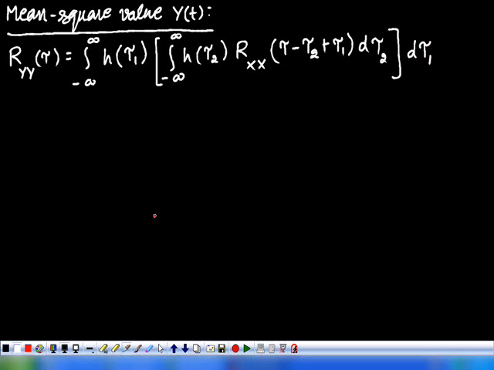So this is the autocorrelation function of the output random process